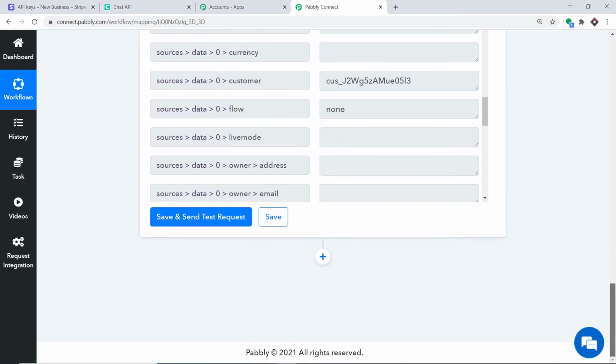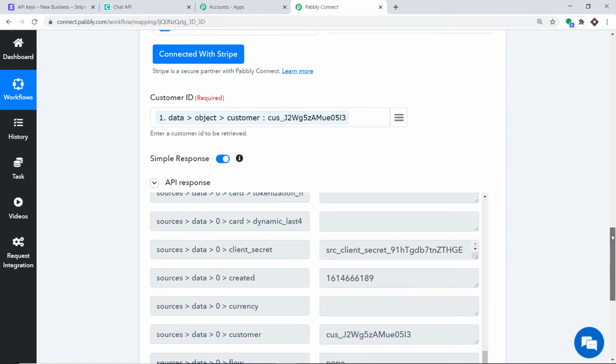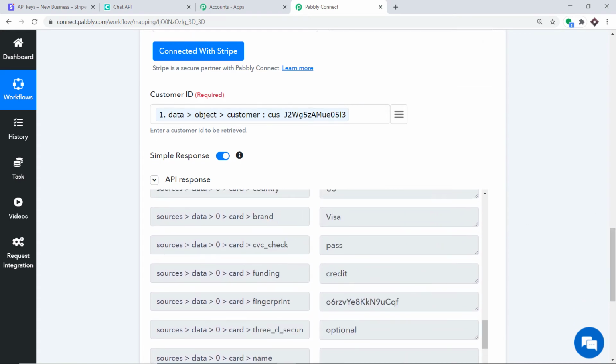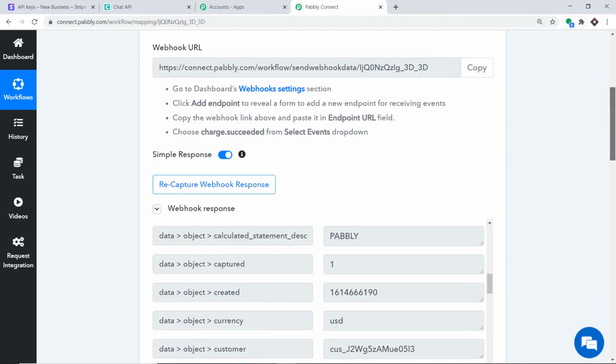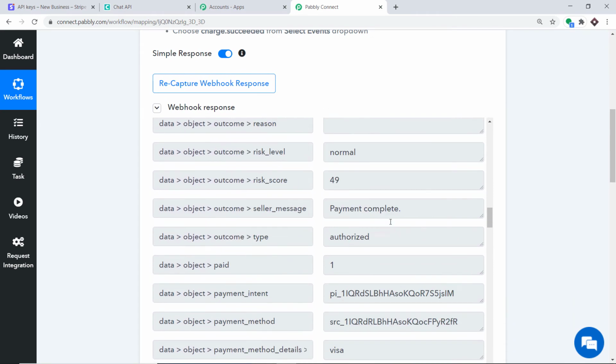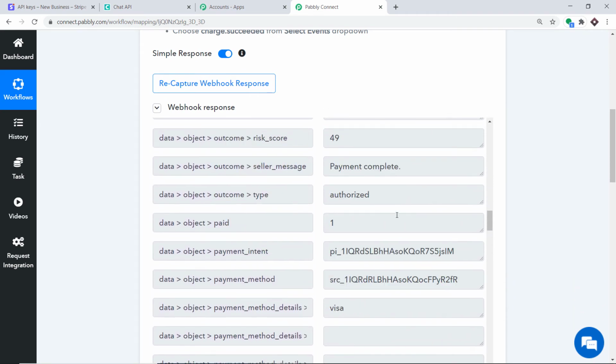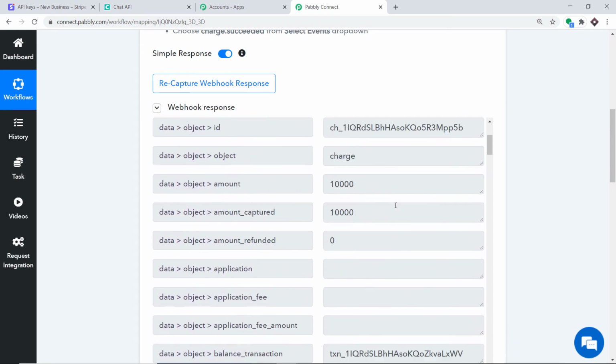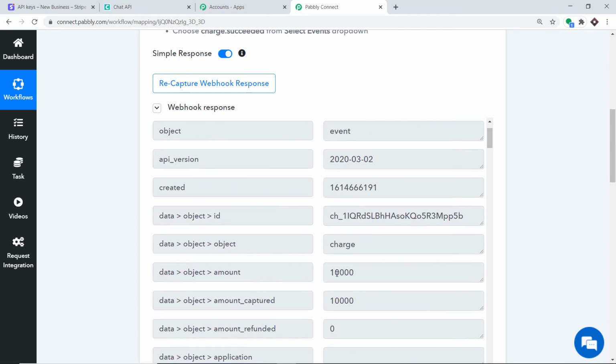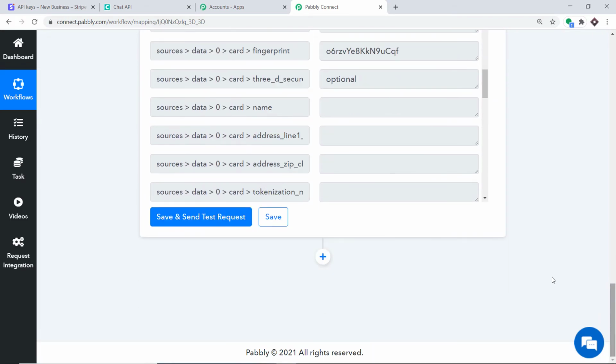So now we basically have to do two things. First of all, we have to trim this amount. This is the amount, the charge amount. So where is our charge amount? The charge amount was this, that is $100. Unfortunately it is showing as $10,000, so we have to insert the decimal point. To do that, it's actually pretty easy. Just click on this plus button.